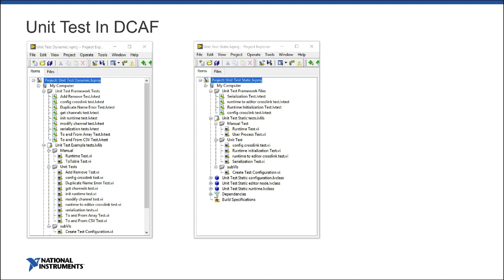And that's how we were doing. Actually, for all our older packages, we were removing the unit test. So if you see the older versions of the modules library, for example, the modules module, it will not contain the unit test. Some of the newer modules, we're actually including the unit test now, because we want them to be examples for people creating their own unit tests. But again, that's because DCAF is a framework for people to develop. It's not a finished project. If you actually have a finished project, most of the time you don't want the unit test to ship. And that's why we have them in independent components, and actually on the disk in a different folder.